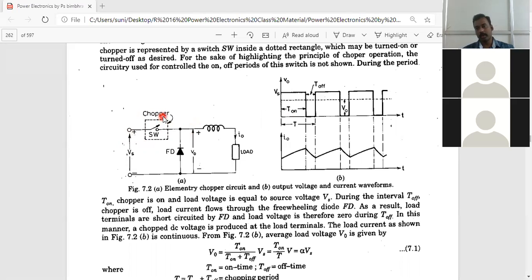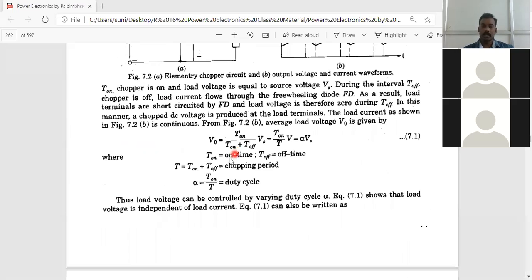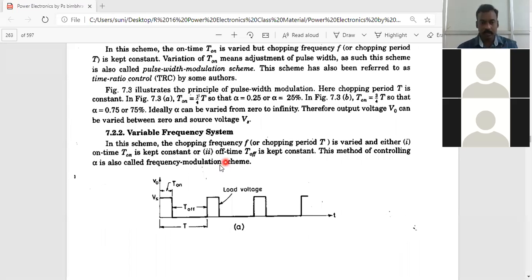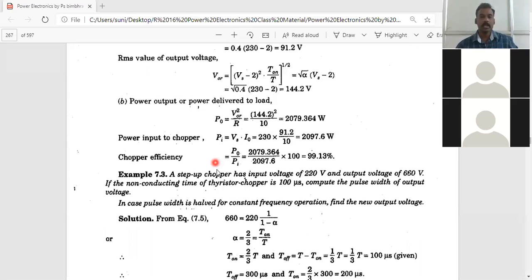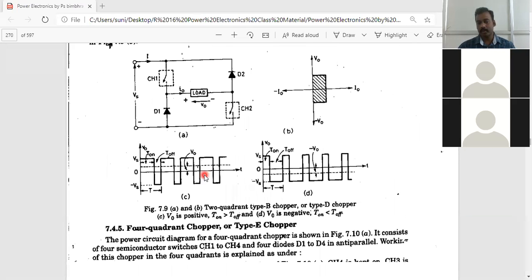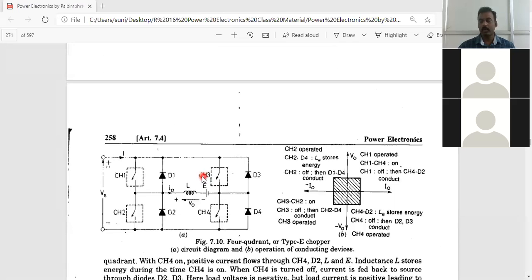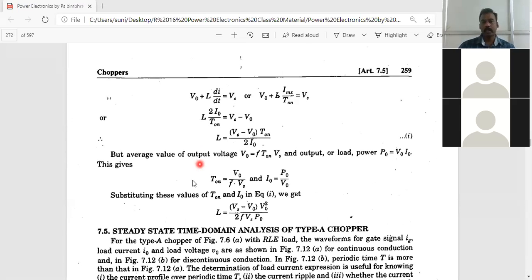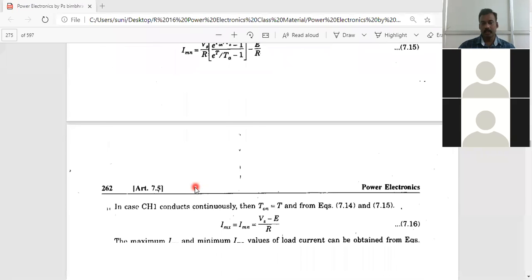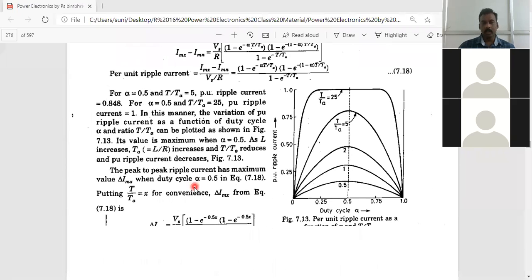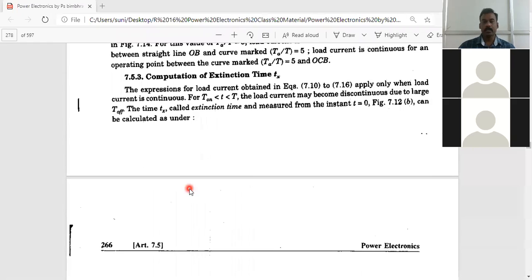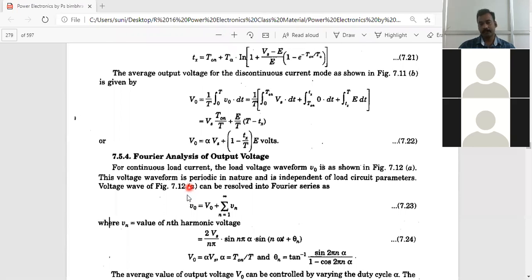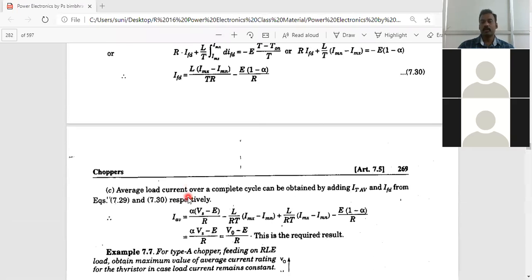Okay, but some of the choppers are going to be considered rather than these controllable devices. Those are considered to be thyristor based chopper circuits. In the case of thyristor based chopper circuits, in the last session we considered the voltage commutated chopper and the current commutated chopper. Sorry, voltage commutated chopper, isn't it? So in the case of this voltage commutated chopper, the thing here is why we need to use the commutation.